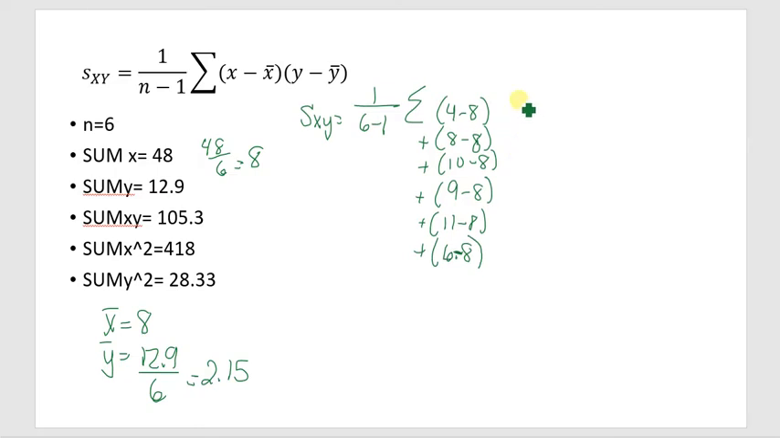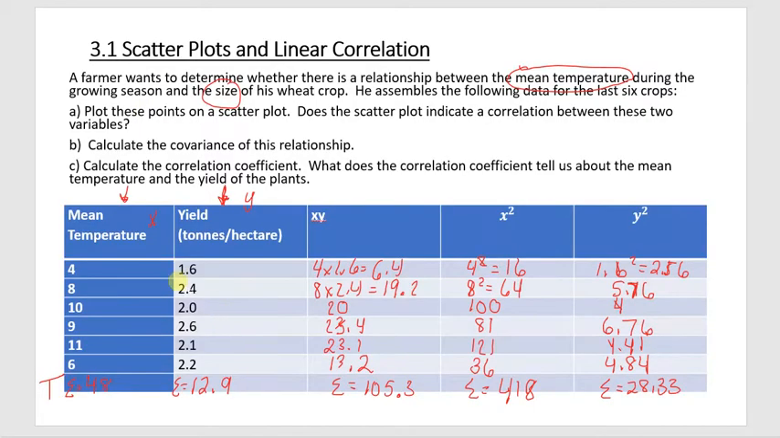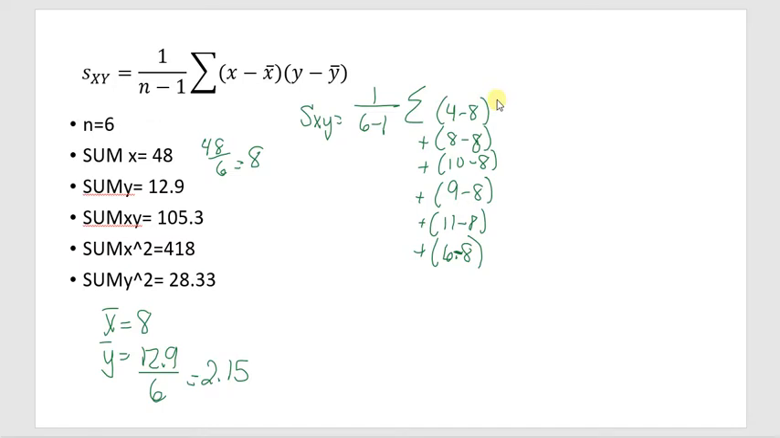Okay, so we'll take every single y value. So again, going back up here, 1.6, 2.4, 2.0. We take every single one of these y values and subtract the 2.15. So we have 1.6 minus 2.15, and we have 2.4 minus 2.15, and then we have 2 minus 2.15,